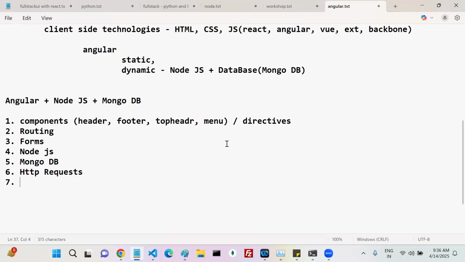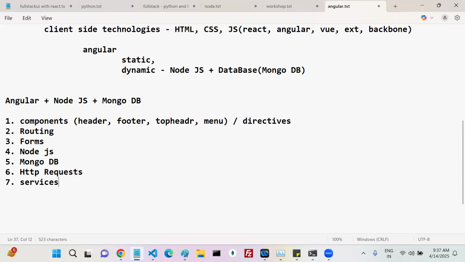Multiple places I'm using it. Instead of writing it in each and every place, can I write this functionality in one place? Functionality you can reuse. Templates can be reused using components and directives. For functionality, one of the features is services. You can create one service and reuse that service wherever you want.